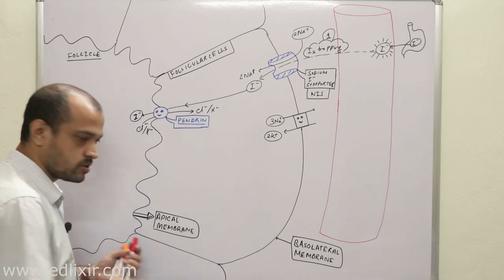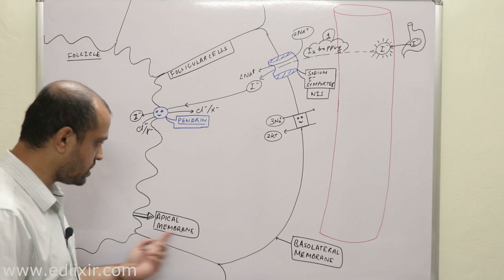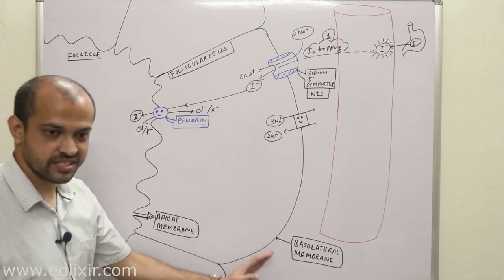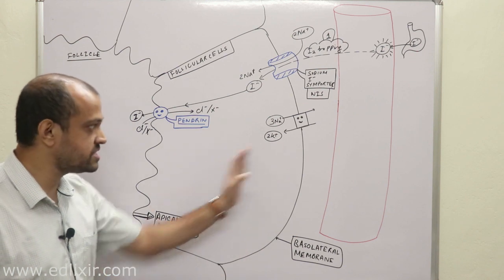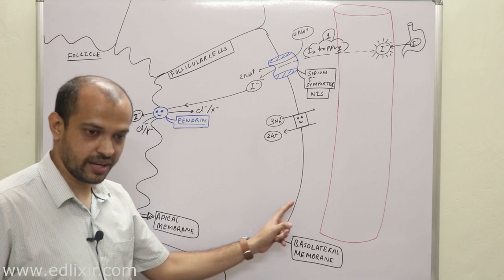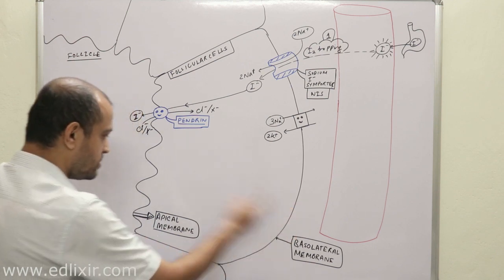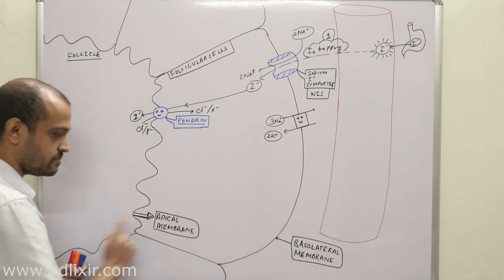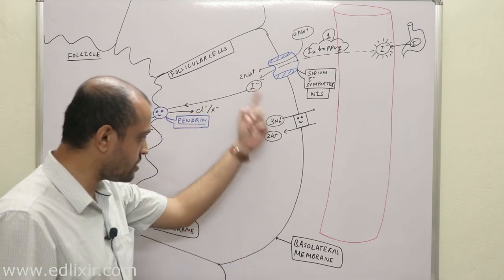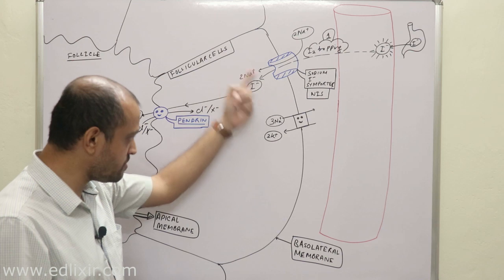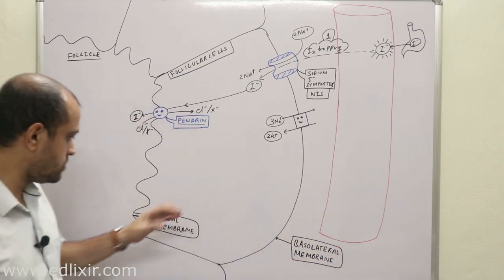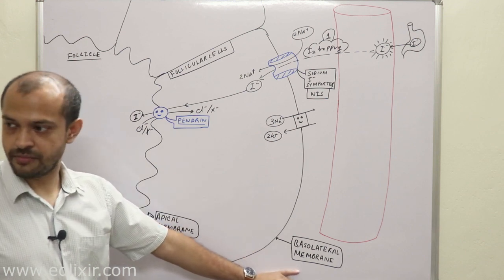To end the confusion between apical membrane and basolateral membrane, understand this very basic thing. The basolateral membrane is the membrane of a cell facing the blood vessel. That's it. First understand the basolateral membrane, because the opposite membrane of the basolateral membrane is the apical membrane. So now you know what the apical membrane and basolateral membrane are, right?